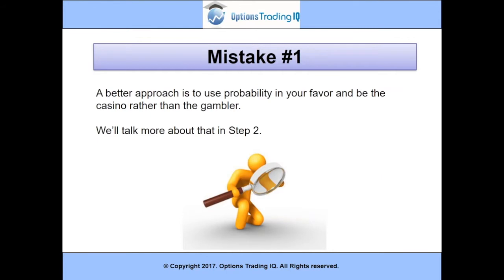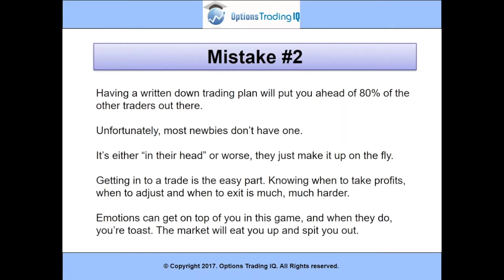A better approach is to use probability in your favor and be the casino rather than the gambler. Okay, so buying out of the money options, it's basically like gambling, whereas taking the other side of that trade is more like being the casino. And we'll talk a bit more about probability as I've got there in step 2. But first, let's look at the